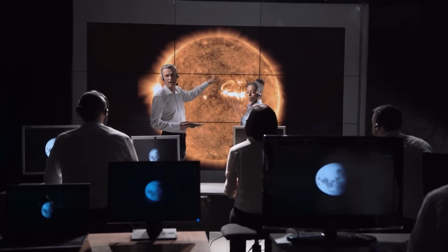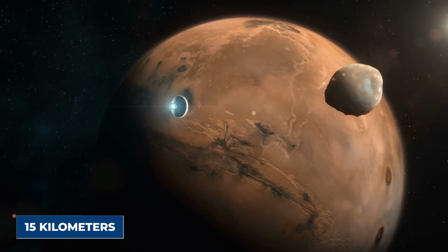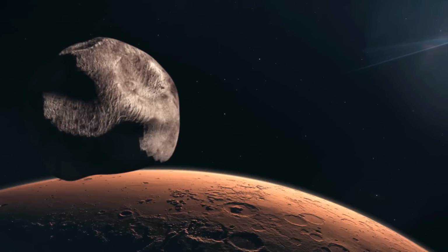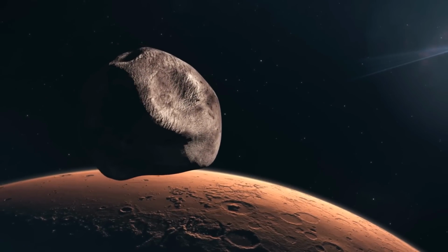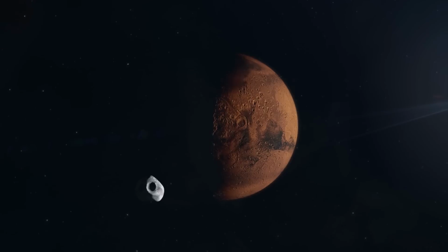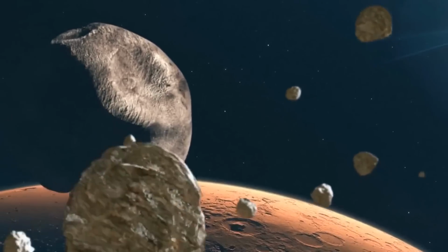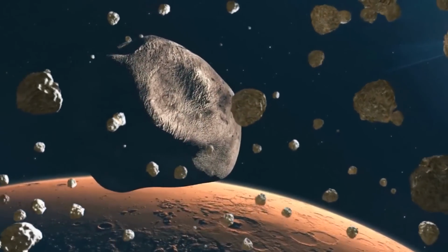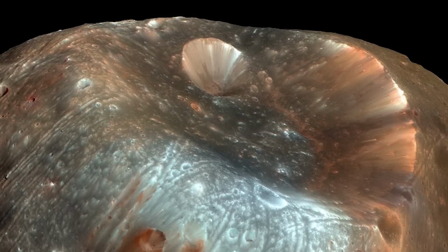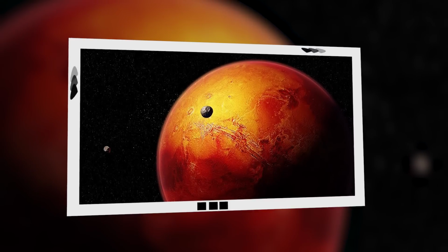for scientific exploration. Deimos is an irregularly shaped moon, measuring only about 15 kilometers, 9 miles, across at its widest point. Its surface is covered with a layer of fine regolith, which gives it a smoother appearance compared to Phobos. Unlike Phobos, which features prominent grooves and fractures, Deimos's surface is relatively uniform, with fewer large craters. The largest crater on Deimos, named Voltaire, is a modest 3 kilometers, 1.8 miles in diameter, emphasizing the moon's calm